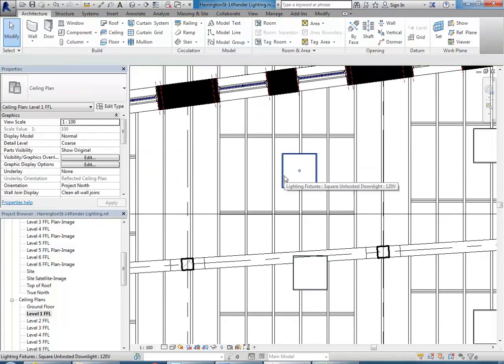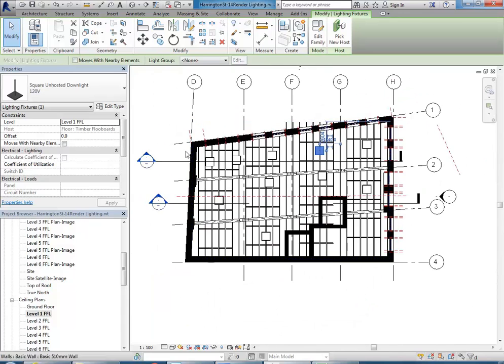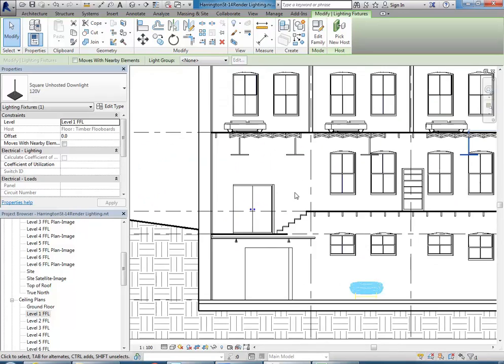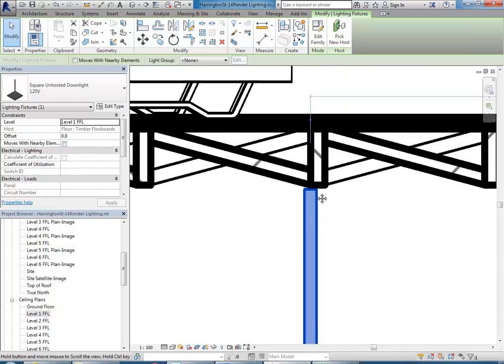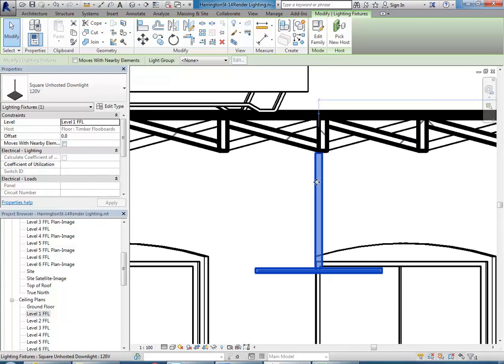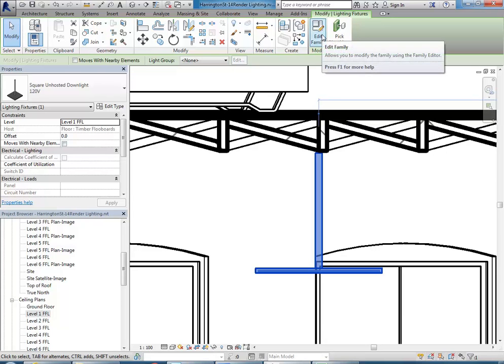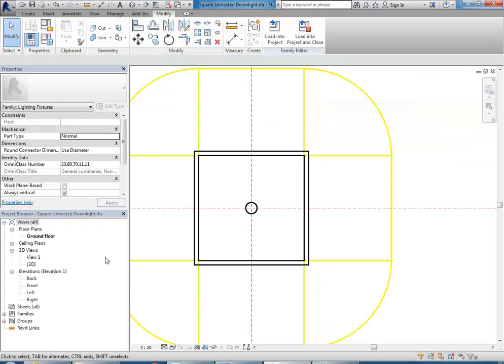Yeah, so that'll work, but remember the... yeah, and here I had a feeling this would happen. So notice there that I'm not getting an option to adjust the height here. So I'm going to go back and just change that family a little bit more. So back to edit family, and